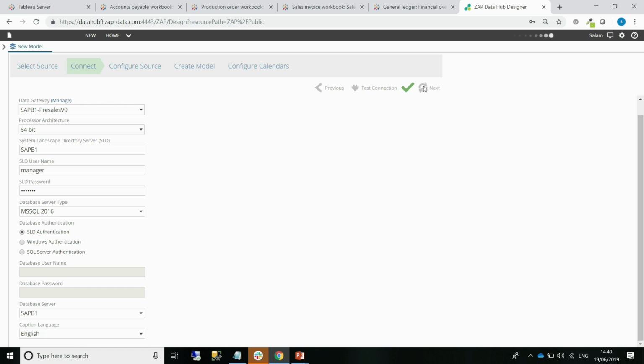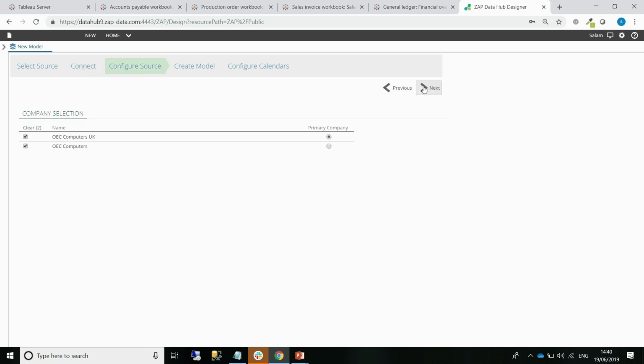So from here, when I click onto next, because it knows it's SAP B1, it knows it's multi-company. There's a number of different companies within SAP. So it says, which companies do you want to pull in? It's pulling in 2. And now I'm saying that the UK one is the primary company or holdings company. So that will configure into Tableau later on. When I click onto next,